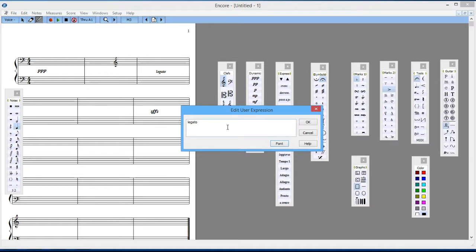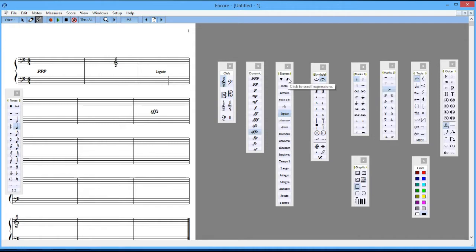And so I could change that if I needed to, and then it would change it inside of the selection, the palette. It would change it in the palette. I'm not going to do that here. But for example, if you wanted to